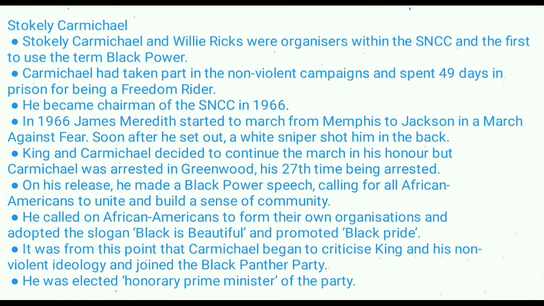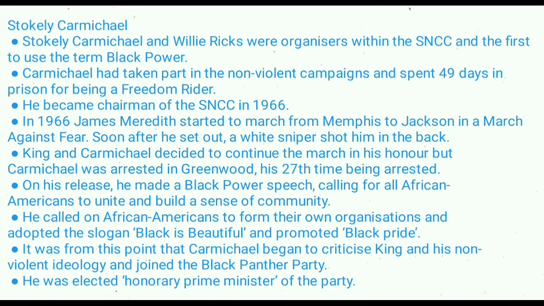In 1966, James Meredith started to march from Memphis to Jackson in a march against fear. Soon after he set out, a white sniper shot him in the back. King and Carmichael decided to continue the march in his honor, but Carmichael was arrested in Greenwood, his 27th time